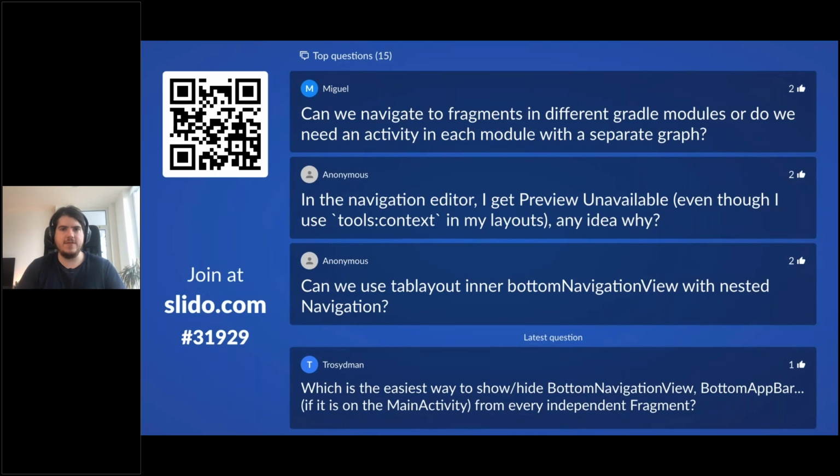Navigation graphs can exist in different modules and you can navigate between them. You can import one navigation graph from one module into another one if you have the activity there. What you might find, however, as you mentioned with the activity per module, is if there isn't a host to go to that lives in a higher domain,